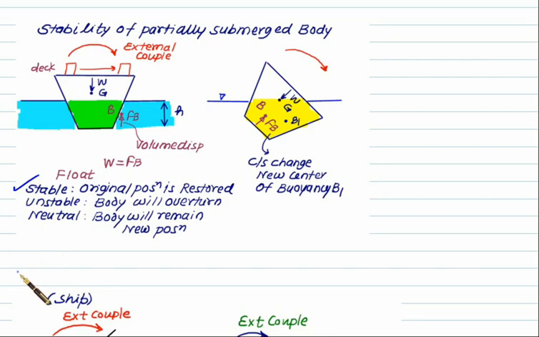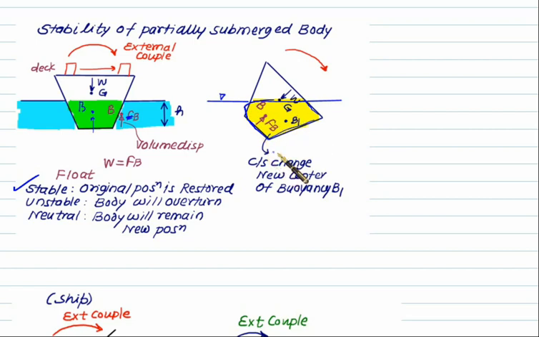Initially, this cross section shows the initial position, before the deck load moves. We have this section here as the volume displaced, and correspondingly we can show here the buoyant force. Here is the buoyant force, and this is the center of buoyancy. If this load moves, the cross section will change here. Initially we have this cross section, now we have the new cross section like this. Now the cross-sectional area has changed, and the center of buoyancy has changed.